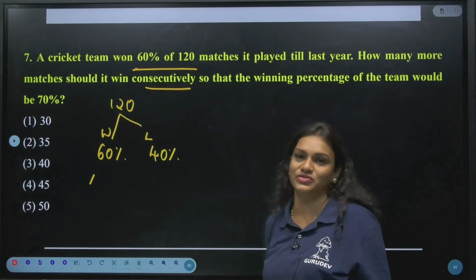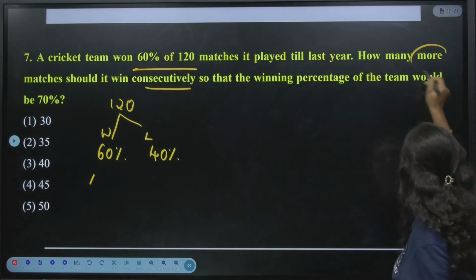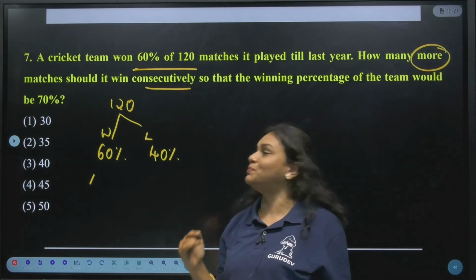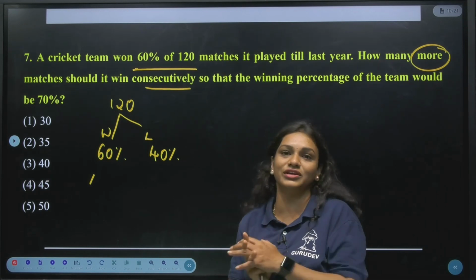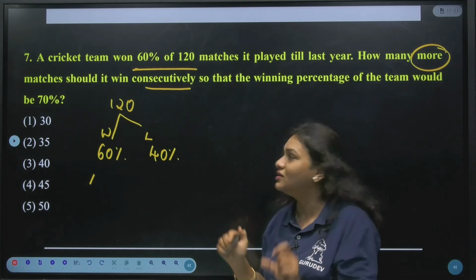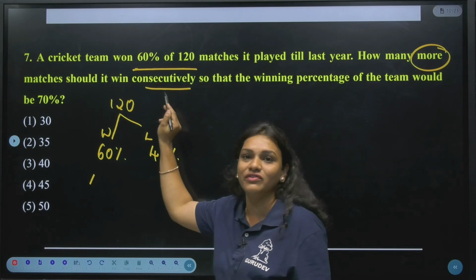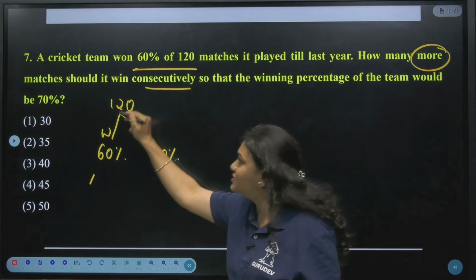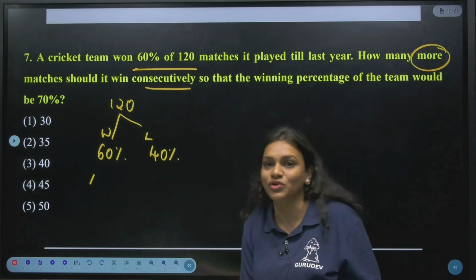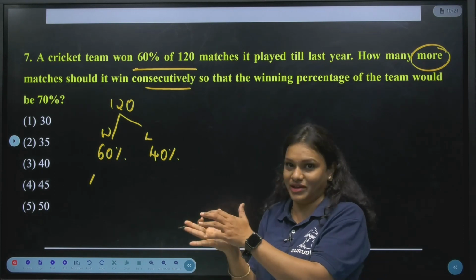Try to understand this question. We need to find how many more matches should be played to win consecutively. Try to understand that word. This word "consecutively" is very, very important, because along with these 120 matches, they have to play a few more. So whatever matches they will play,